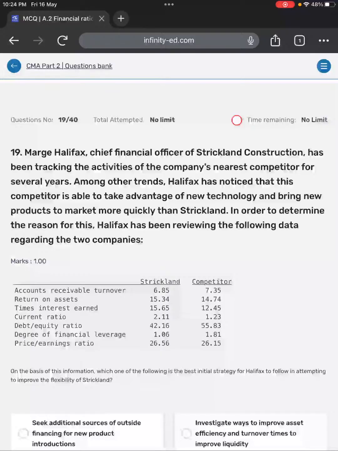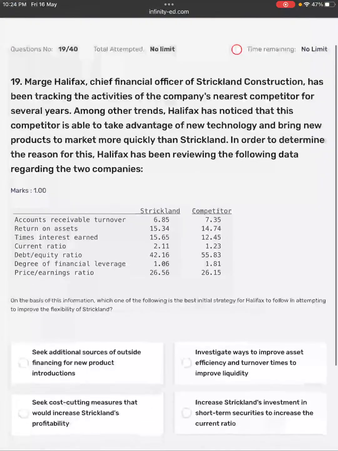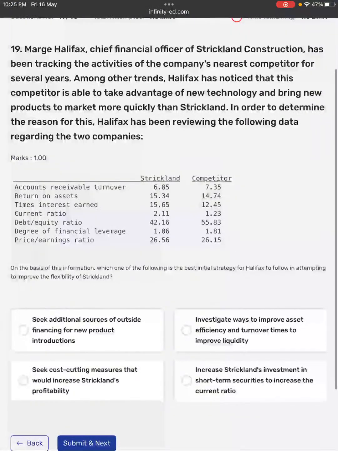Among other trends, Halifax has noticed that this competitor is able to take advantage of new technology and bring new products to market more quickly than Strickland. In order to determine the reason for this, Halifax has been receiving the following data regarding the two companies,